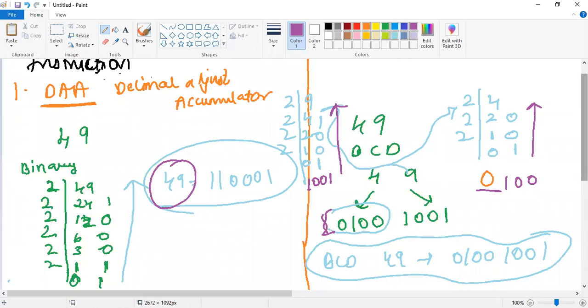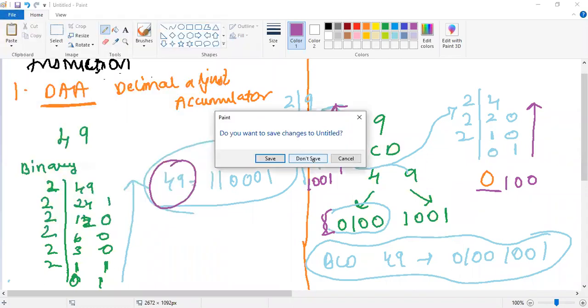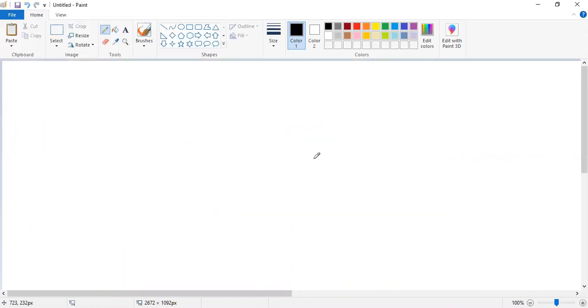Okay, fine. Now we should move ahead. See, now if we do the addition of two binary numbers, let me take the example of a book only, then it will be easy.